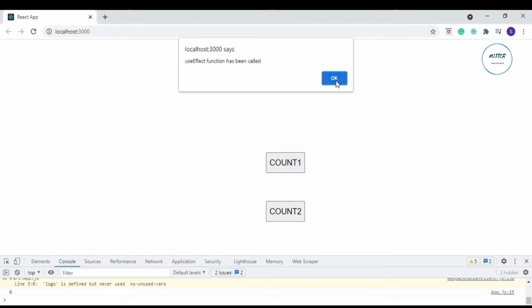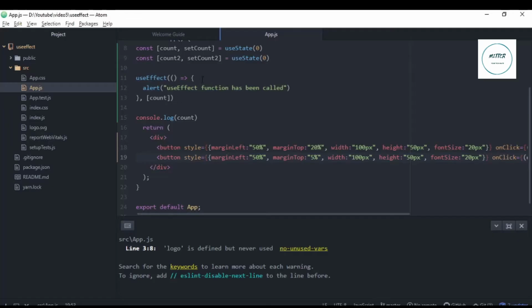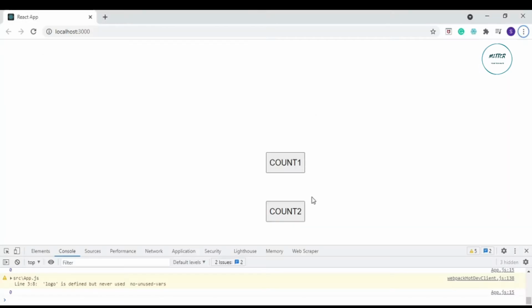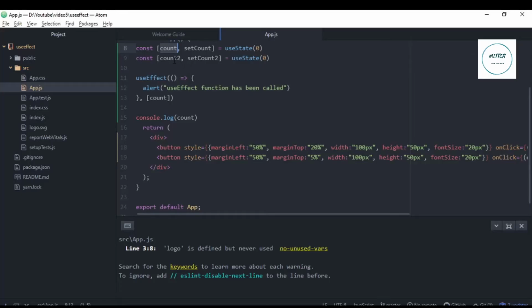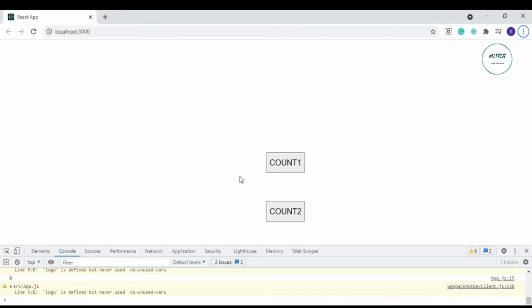Okay, so now I have two buttons here, count1 and count2. If I click on count1, my count variable will increase by 1, and if I click on the other button which is count2, my count2 variable will go up by 1 because that's what I defined here in the onClick function. Okay, so now let's see what will happen.